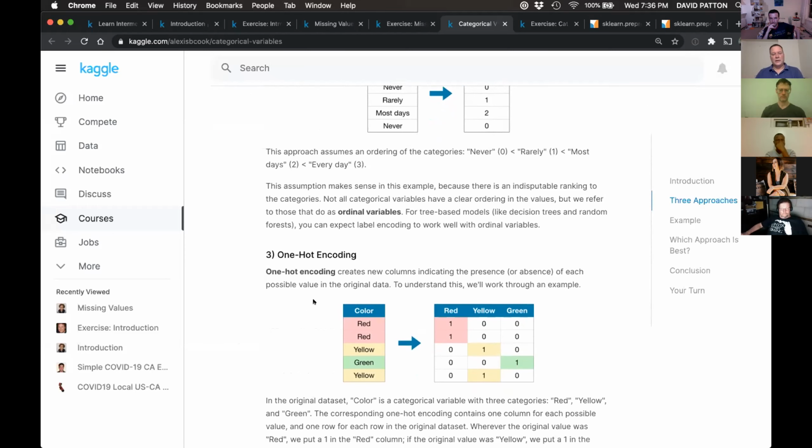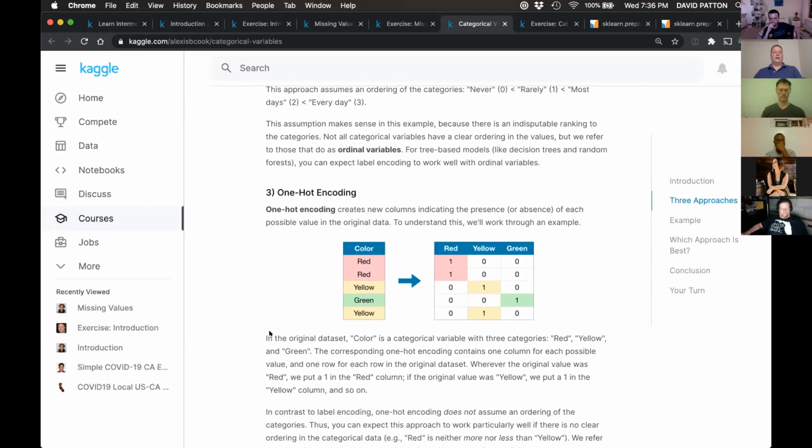There's one additional way to do it, or rather there are many additional ways. Sorry, I'll talk about others, but the next one they introduced is a very popular one. It's called one-hot encoding. You may have heard of dummy encoding as another name. Pandas can do this for you. It's called dummies, but one-hot encoding is the most popular terminology for it.